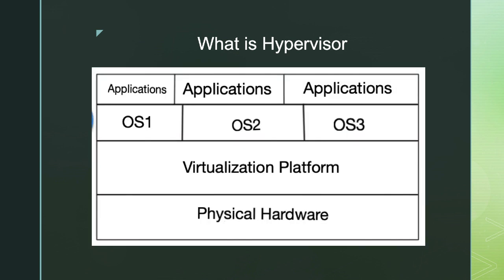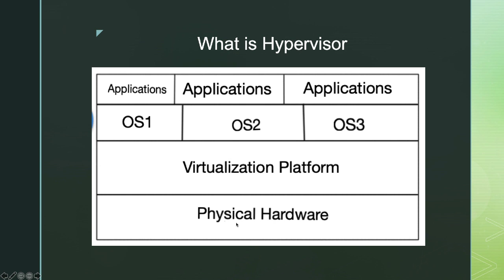So let's go through the diagram of how the hypervisor looks. Without the hypervisor, let's suppose you don't have this hypervisor platform, then the architecture of your entire platform, including the hardware and the operating system, would look like this: you will have a physical hardware, and that physical hardware would be controlled by your operating system. The operating system would talk to the physical hardware, and your applications or maybe your shell will talk to the operating system, which will talk to the hardware.